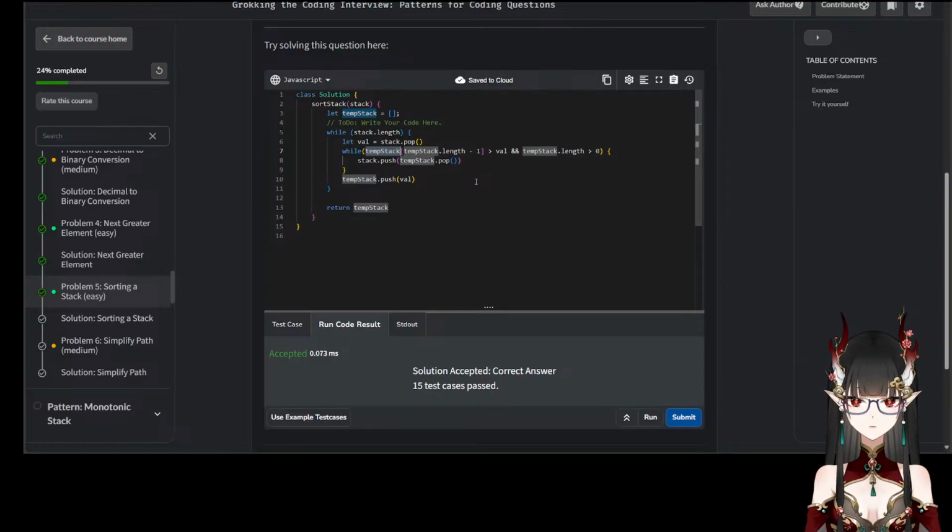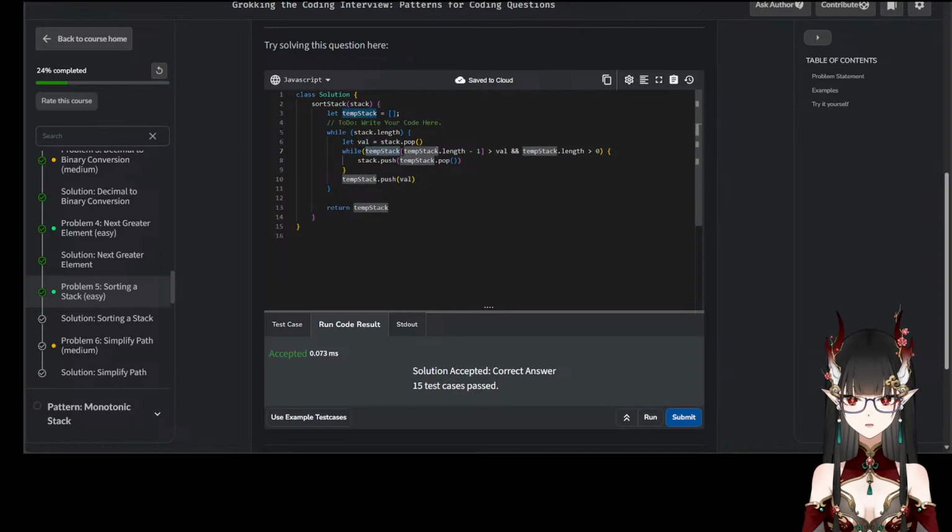We push that until the temp stack is empty. If it's empty, then we push the top element to the temp stack. And if it's not empty,